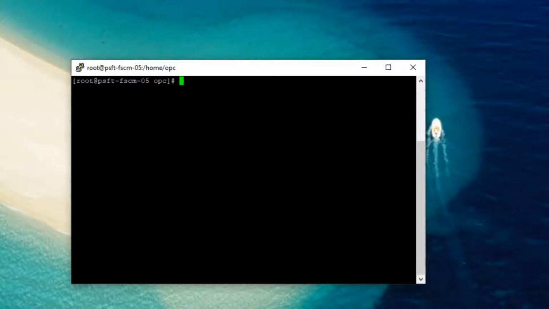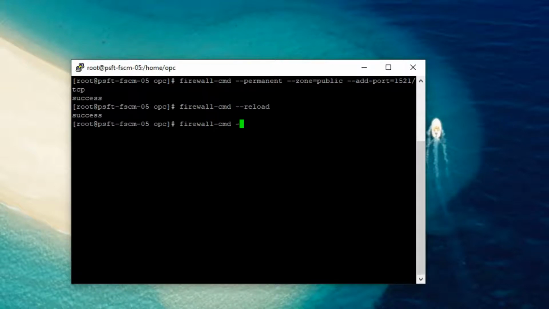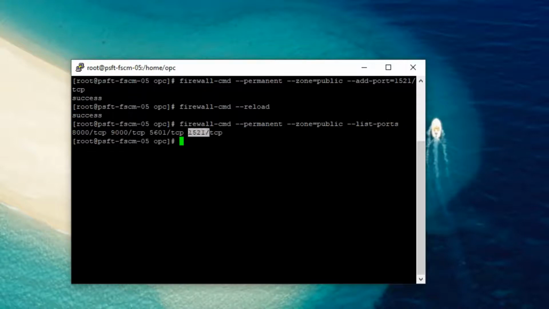After switching to the root account, execute the following three commands to unblock the port 1521 from our Linux firewall. As you can see here, we have successfully opened the port 1521. You can see the other ports which are already open.